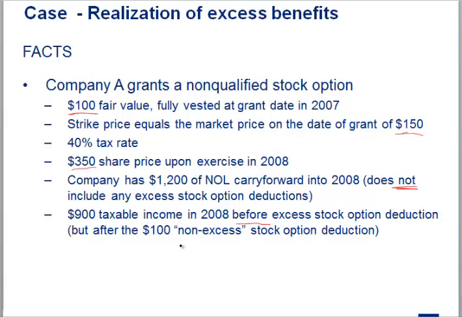So what we mean by that is if you think of taxable income and that stock option, the value of the stock option was $350. We thought that the exercise price was $150. So our tax deduction is $200, right? Of that $200, $100 of it we kind of knew was coming, right? That is our 100 DTA amount. We would have expected 100 to come because that's what books expensed.